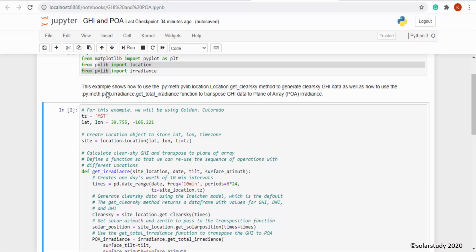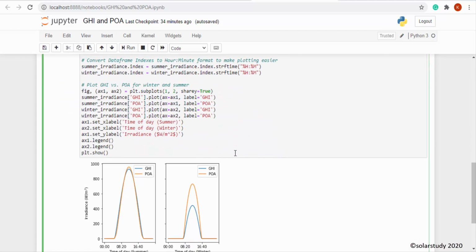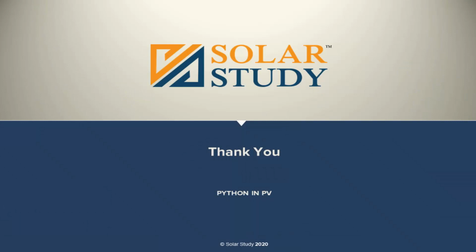While putting, you can see longitude and latitude, whatever location, you just change this latitude and longitude, you can put your data. So similarly you can plot here using Python. So we have seen here GHI and plane of array, how we can do the Python programming using the inbuilt function called pvlib. Thank you.